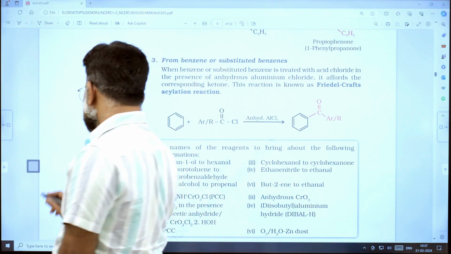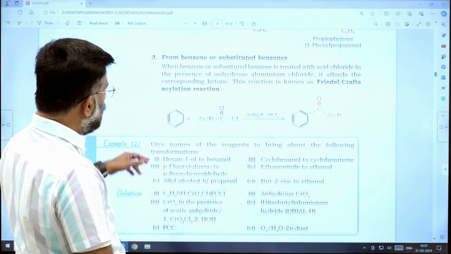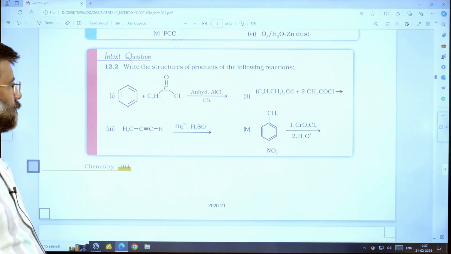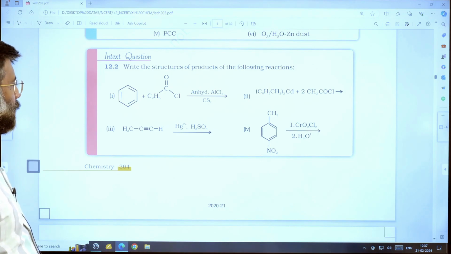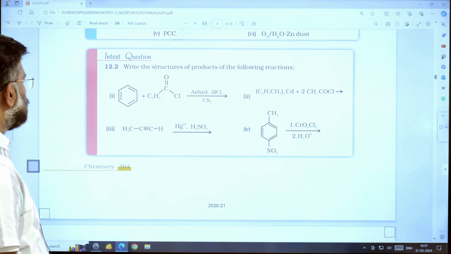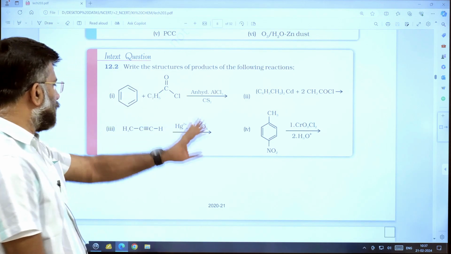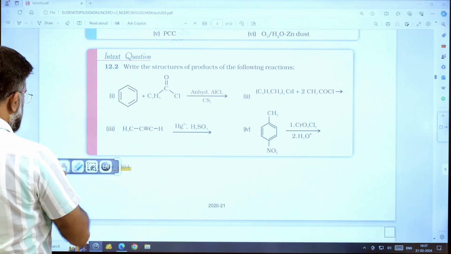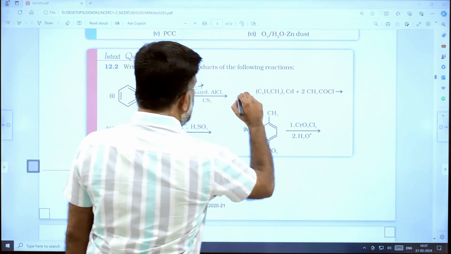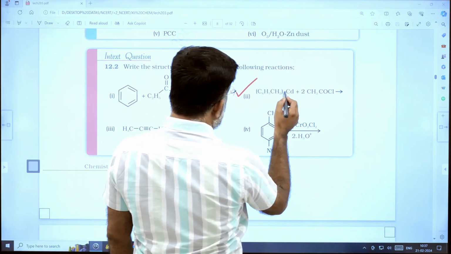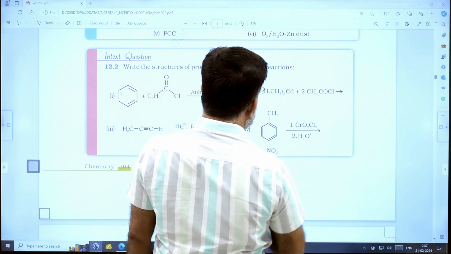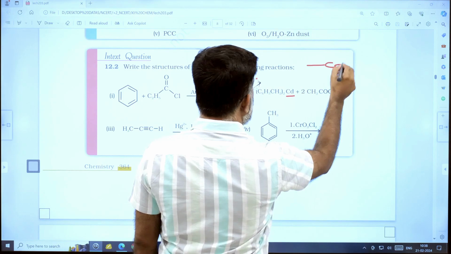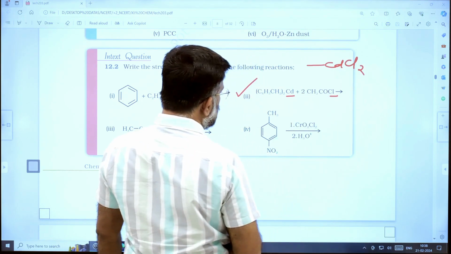These are the methods of preparation for aldehydes and ketones. Try practicing all the reactions. For example, if you take up the second equation here, you see (C6H5CH2)2Cd with this. What will be the product? CdCl2 out, CdCl2 out, and what you get is